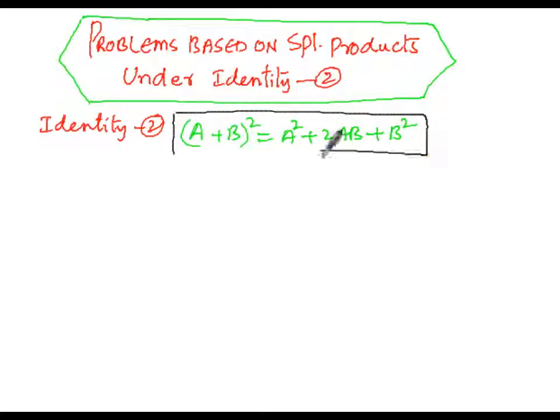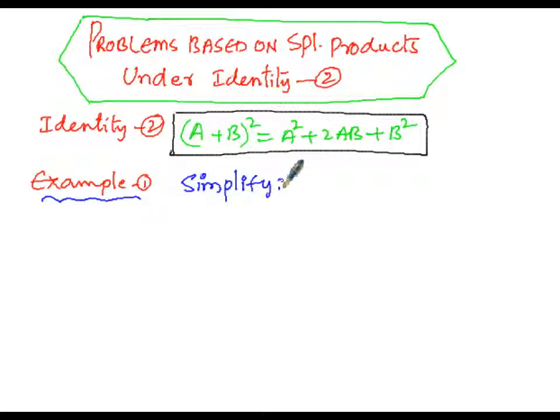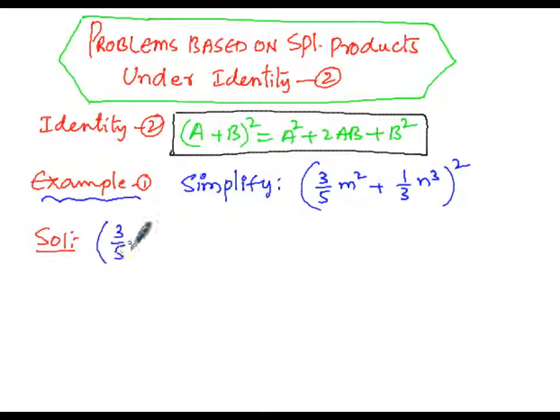So now we are performing the first example, which is nothing but: simplify (3/5 m square plus 1/3 n cube) whole to the power of 2. Then now the solution starts. So in the solution we have to find out the simplified form of 3/5 m square plus